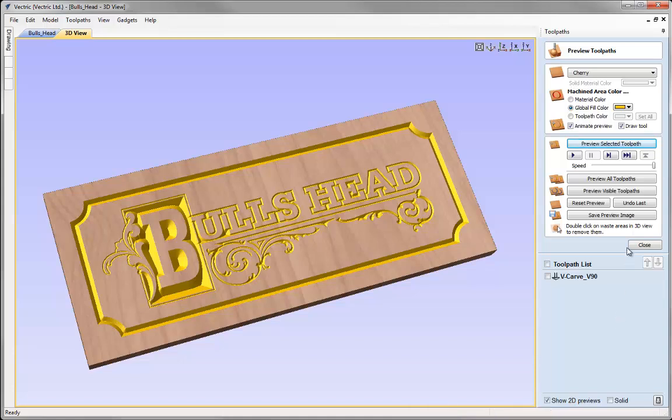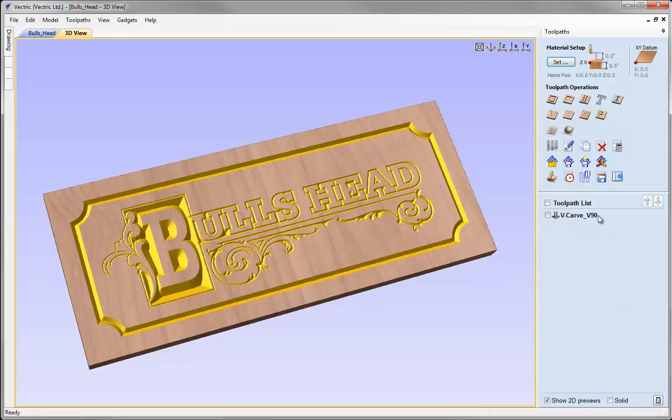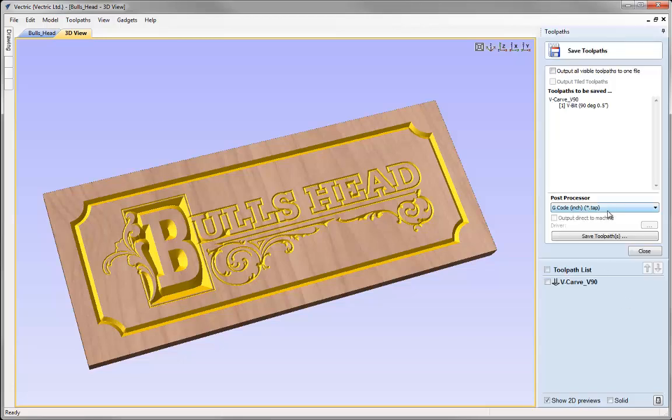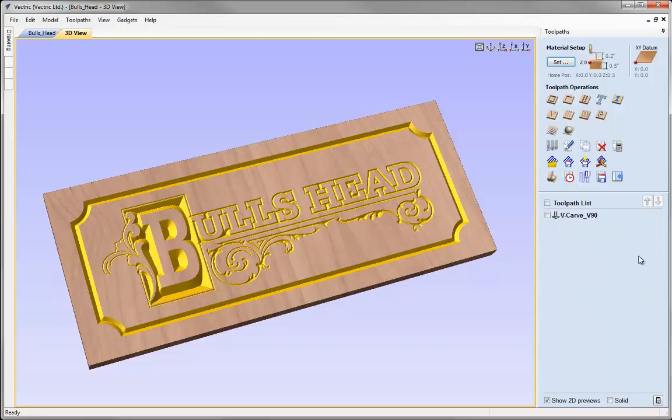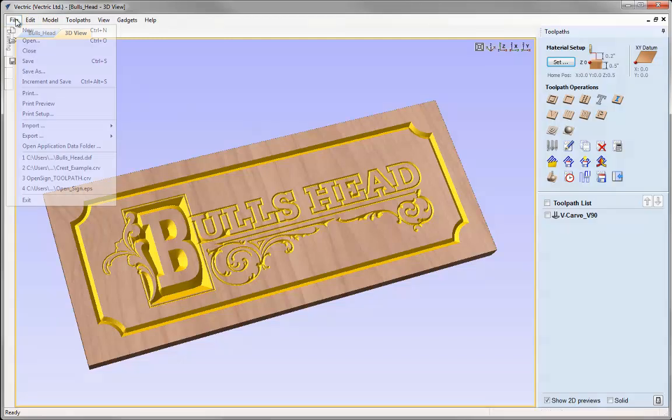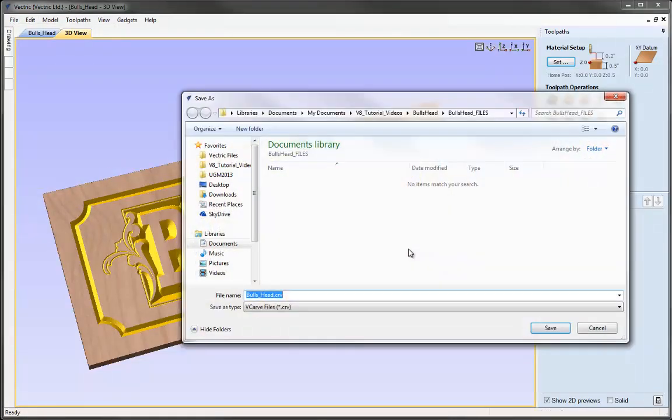So now, if we were happy with that, we could close the preview and click on the save, choose the post processor and save that toolpath and send it out and machine it. In this case, as I say, I'm not saving the actual machining files, but what I am going to save is the software file itself, and that'll save the vectors and the toolpaths that I've calculated so that I could open them at a later date if I wanted to make a variation on this or check the parameters that I'd used for it. To do that, I can come up to File and Save As here, and in the